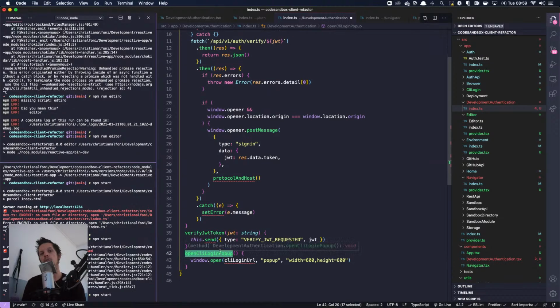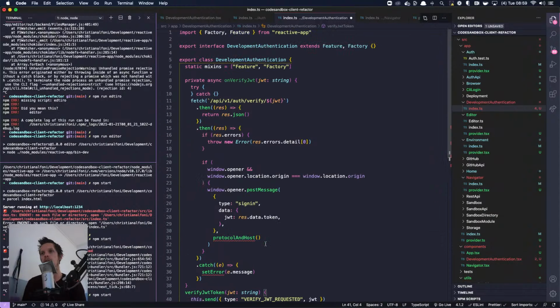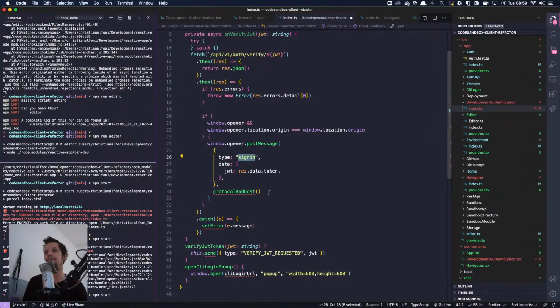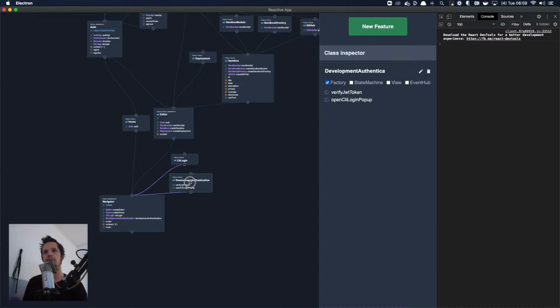So this is to open the production pop-up, and then in that pop-up you will just copy a code and close the pop-up. We don't need to track that. And then you will paste that code into the development authentication input, which will then call this method and verify the token, which will then pass a message to our actual root window with the sign-in message with that token. Yes, this is going to be good. So one thing we will need for our development authentication is the actual